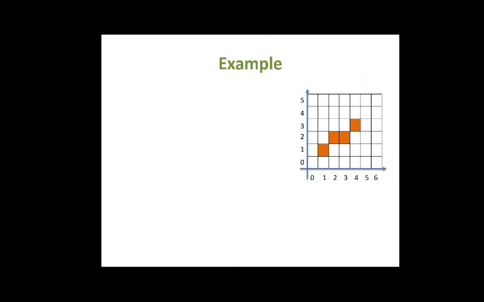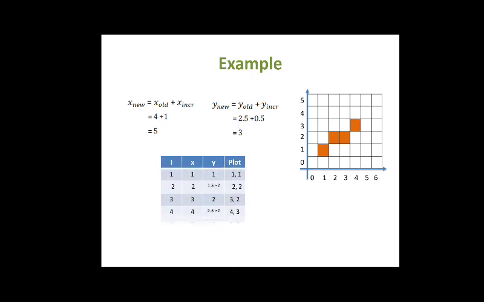Then the next value I have to compute. How many times are we doing this? Steps times, so up to 5 comma 3 we have to do. So the next is 4 plus 1, that is 5, and y old is 2.5, not taken as 3. Its real value is 2.5. So I have taken that real value plus 0.5, that is nothing but 3.